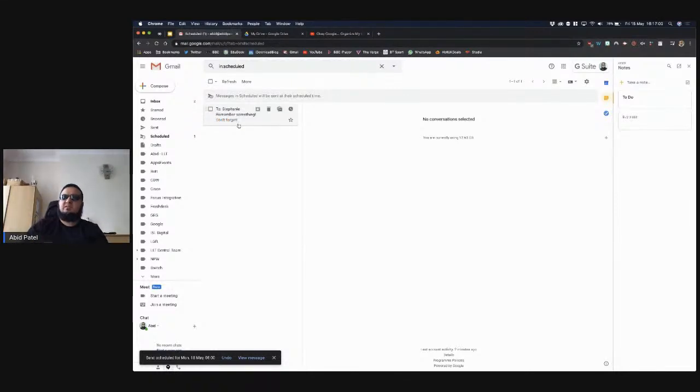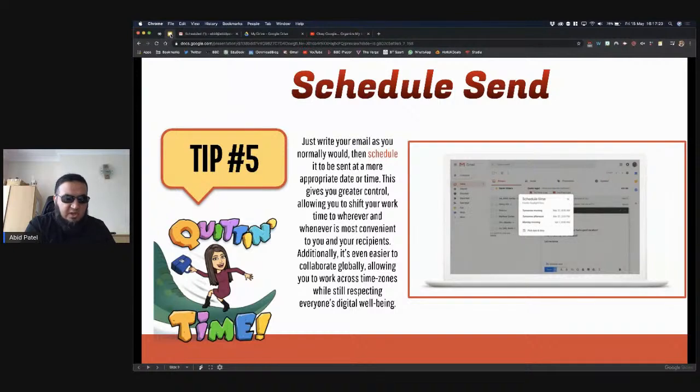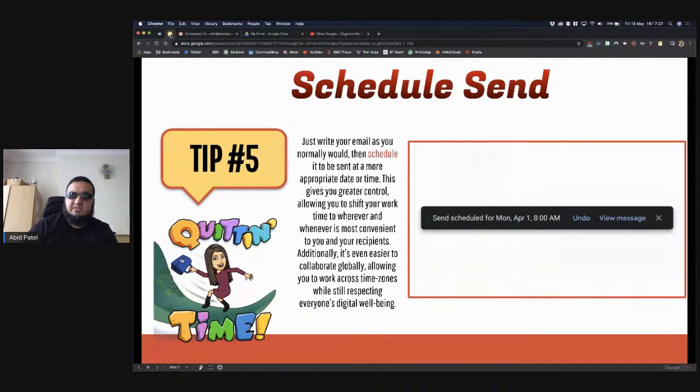And it's a really nice thing because that way, if you've made a mistake, if you've made a typo, if you've done anything like that, because you've not sent it straight away, you can come back to it later on. You can delete it completely, or you can just cancel the send, and then you can edit the mistake and then go back. So it's a really nice feature, and it helps you to keep your digital well-being, because obviously you don't want to be disturbing people outside of their working hours, but also it helps us to get into that mindset as well.